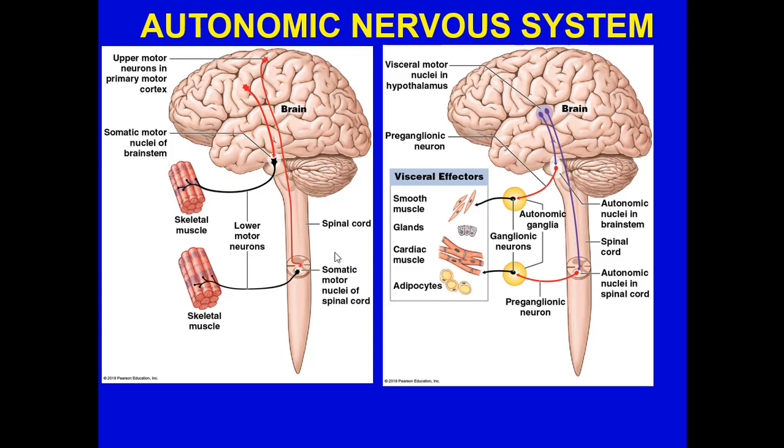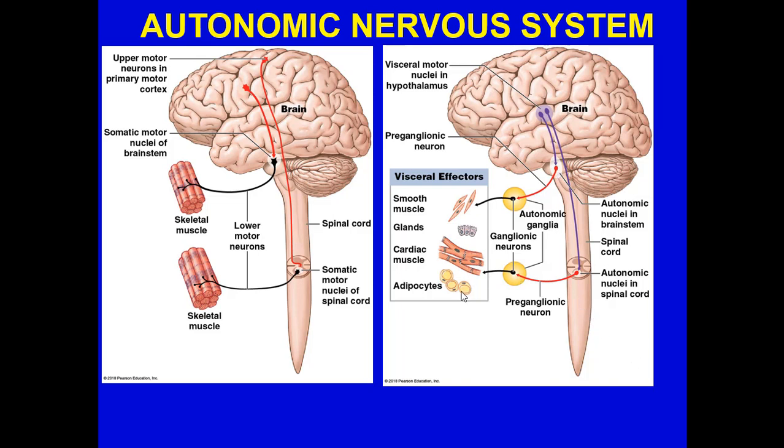When we take a look here, this is a pure rendition of sensory information going up into the brain, initiating a response that is, for the most part, somatic, meaning that we're aware of this, it's going to control skeletal muscle, etc. But when we look at the autonomic nervous system, we may have information coming up into the brain, or it may be initiated from other stimulus, and what we have is the autonomic ganglia being given specific instructions by the autonomic nuclei in the brain stem or spinal cord,